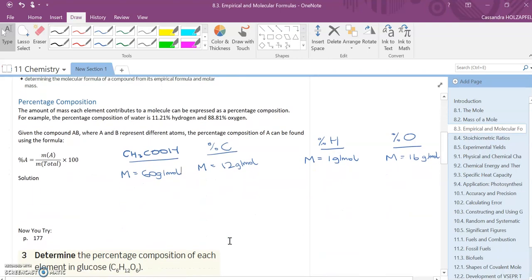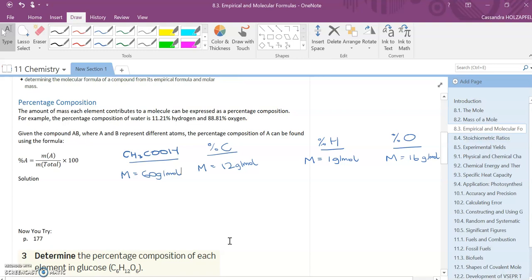let's talk about percentage composition to start off with. So percentage composition just tells us what mass a particular atom takes up within a compound. So for example, if I had a compound that had the atoms A and B, where A and B are different atoms, the percentage composition of A can be found by using this formula here. So the percentage composition of A is equal to the mass of A divided by the total mass times by 100 to make it a